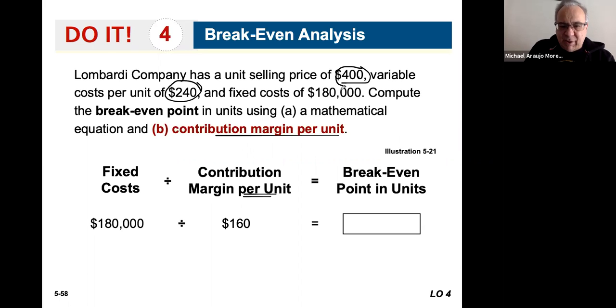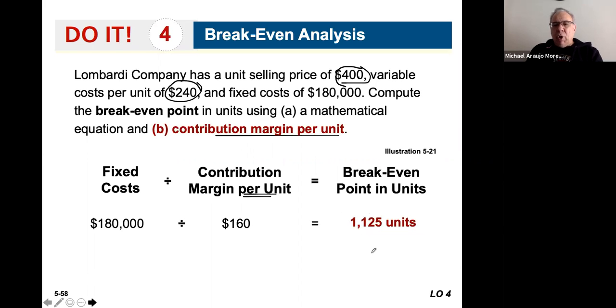Sorry, not a percentage, just dollars per unit. That means that you'd have to produce 1,125 units, the exact same. So my bad, I looked at that as a percentage ratio, but it's actually just per unit. But that's what that one's about. How we do? Any questions on